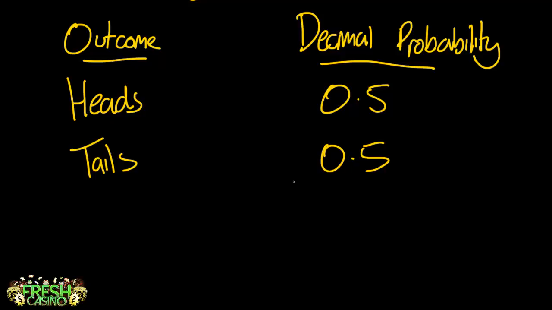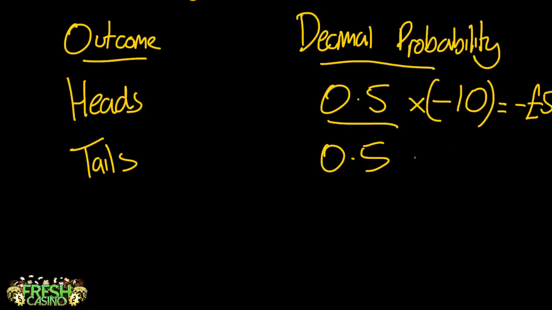So step 2, multiply the probability of each outcome by the result it has. So heads: we multiply the probability by the result, and if it's heads, we pay him £10, so multiply by minus 10, and that gives us minus £5. Sorry, it's kind of squeezing in here. And then tails, you multiply decimal probability by result, which is plus 15, and 0.5 times 15 is £7.50. Okay, and then the final stage, step 3, is add together all the results from step 2.